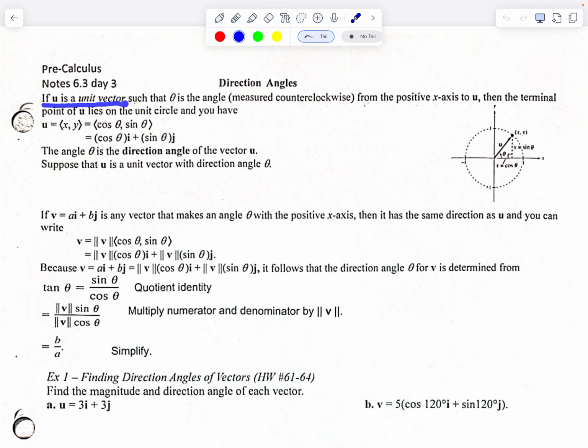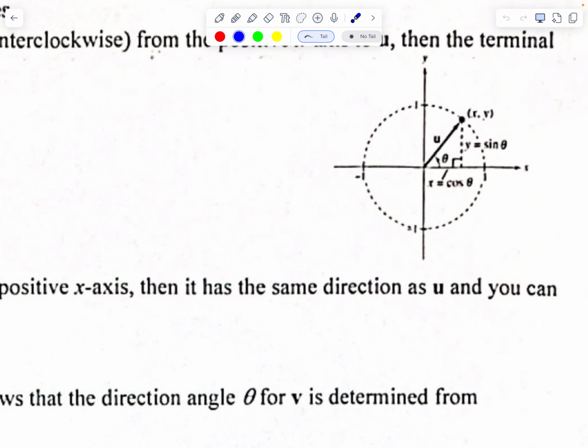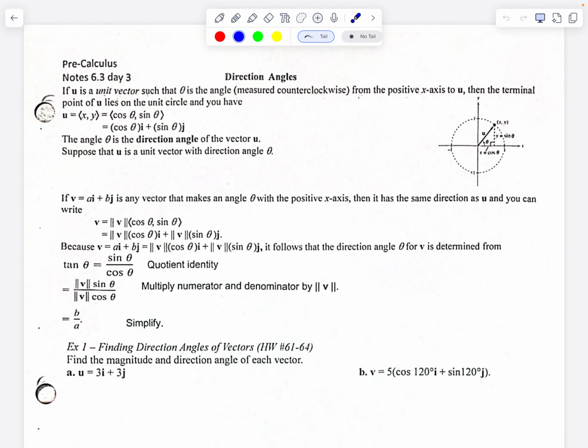If u is a unit vector, meaning its length is 1, such that theta is the angle measured counterclockwise from the positive x-axis. That's just an angle in standard position that you've done before. So we'll rotate counterclockwise, and we have the unit vector u. That's just that angle of rotation, that's all. Then we have the components of u, the horizontal component and the vertical component. If we zoom in a little bit on that,